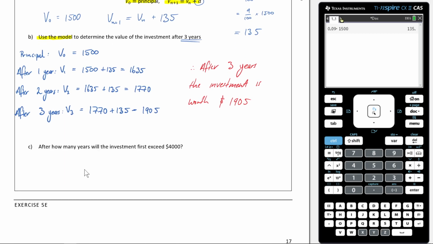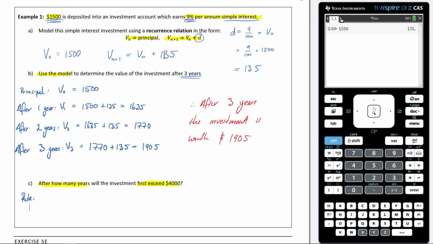Perfect. Next one. It says, after how many years will the investment first exceed $4,000? All right, let's talk about the different ways you could do this, because we actually have some options here. Remember, whenever you get questions where it says after how many years, when will such and such happen? In this case, when will it first exceed $4,000? In my mind, the best thing you could do is use a rule. So how can I change my recursion relation into a rule? Well, my rule is I'm starting with $1,500, and then I'm adding on 135